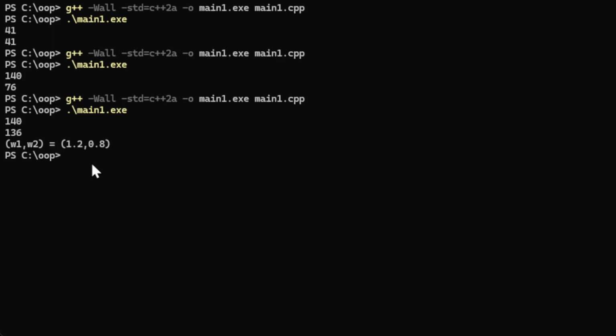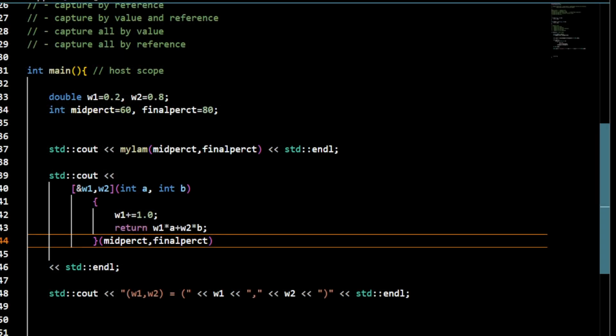So you can see w1 and w2, initially it was 0.2. W1 is changed to 1.2. So the change that was made within the lambda expression reflects in the variable that was captured itself,